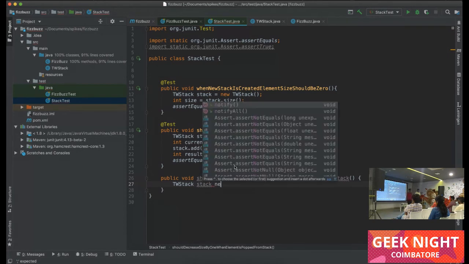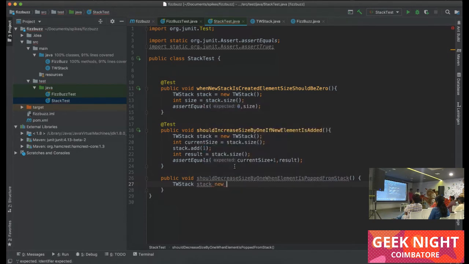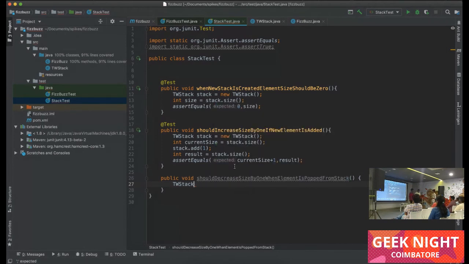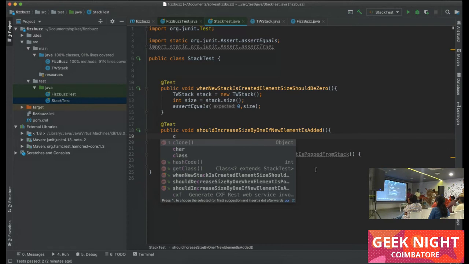Stack equal to new stack. Just no, I will help.